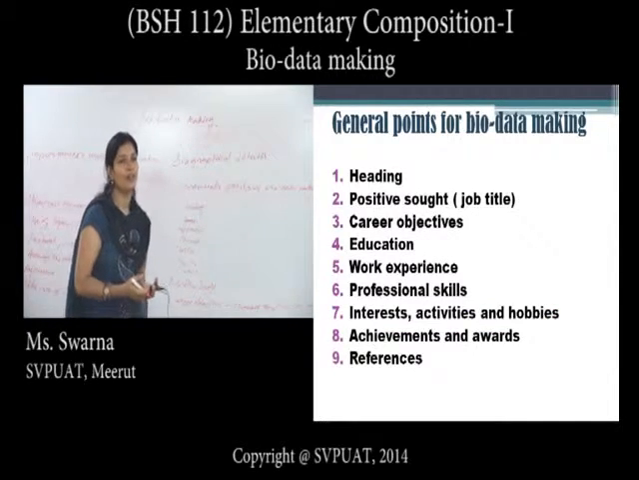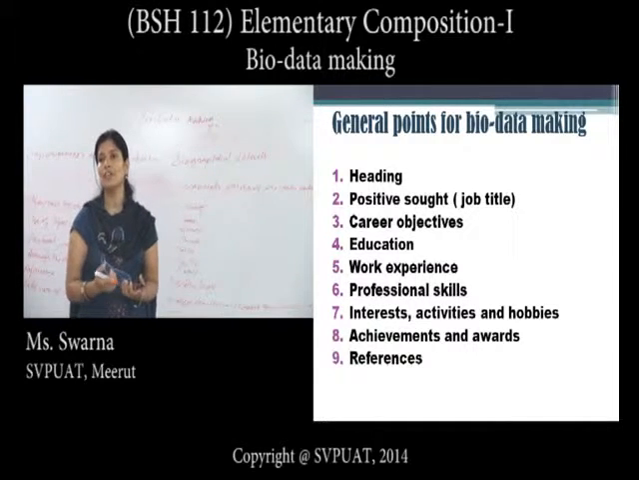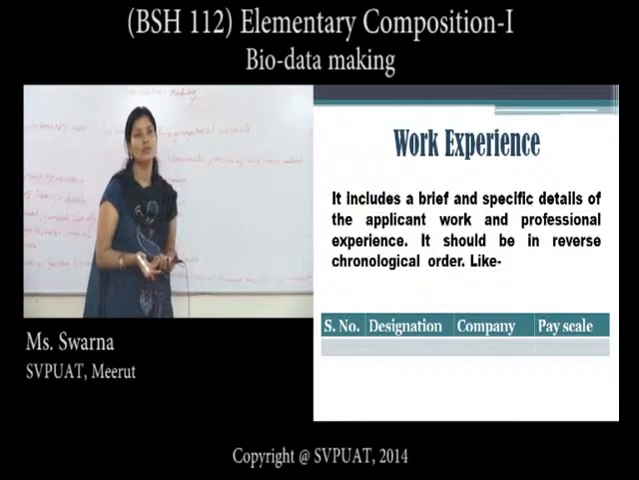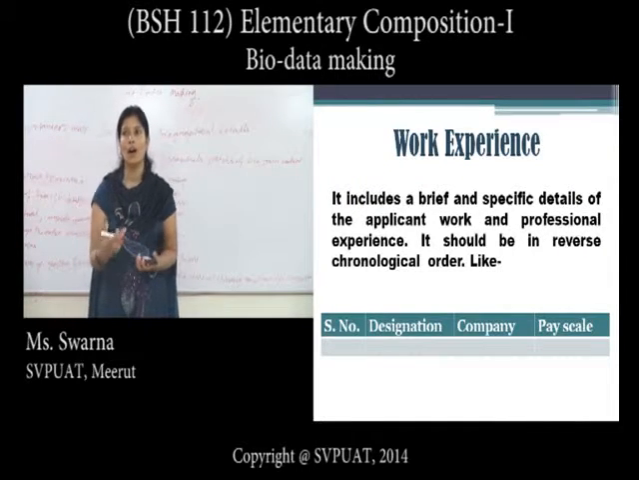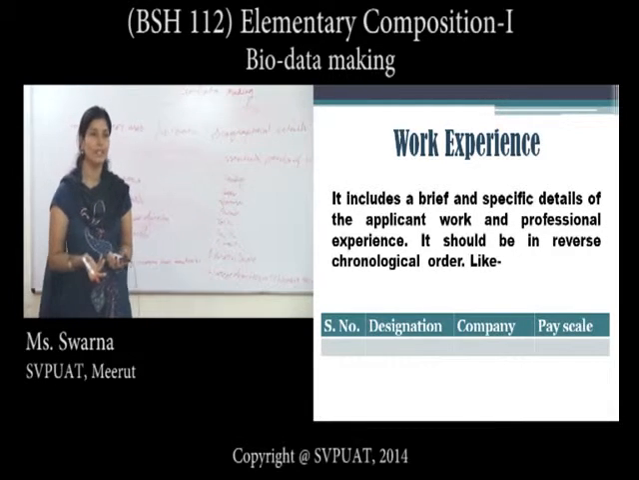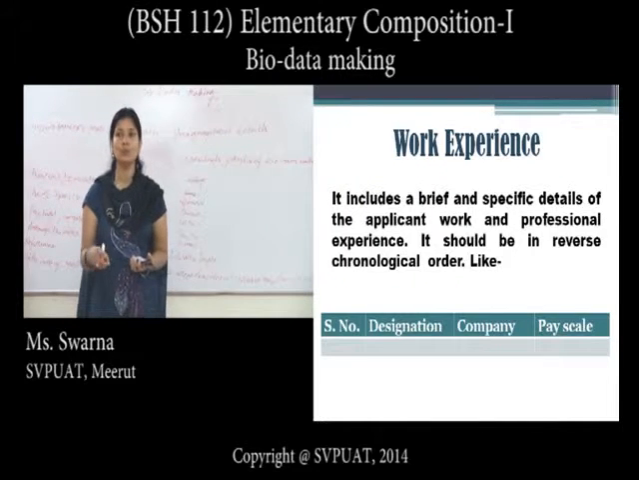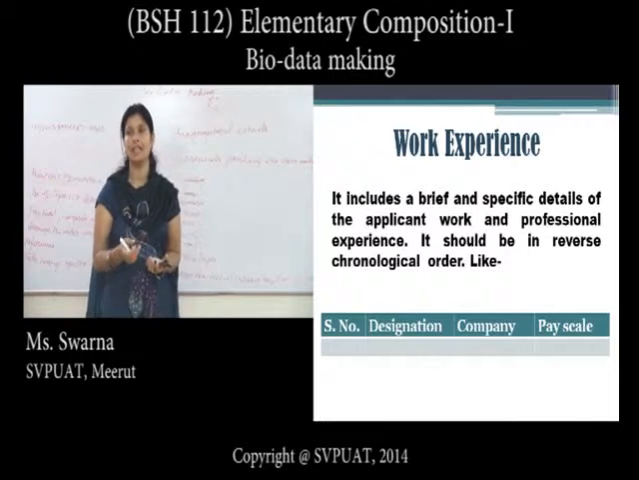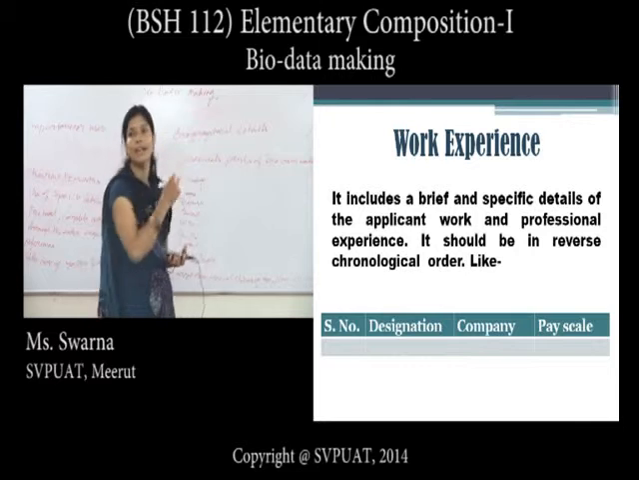Then the next point of your biodata making is work experience or professional experience. It also includes the details about your professional experience. If you are in a job in any company, then you should mention your experience, how much experienced you are. You should mention this in this part, work experience, and it should be in a reverse chronological order like